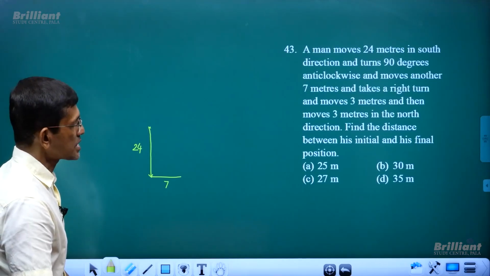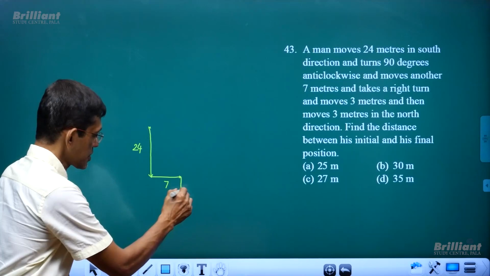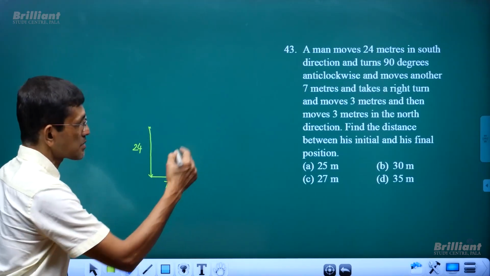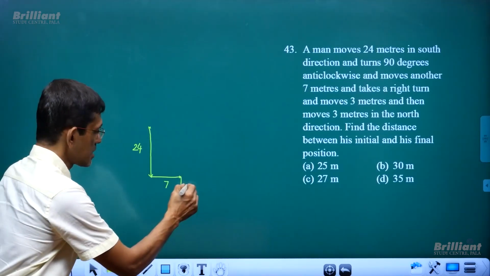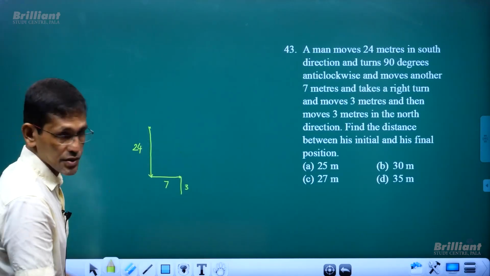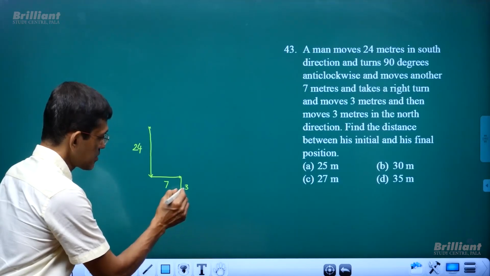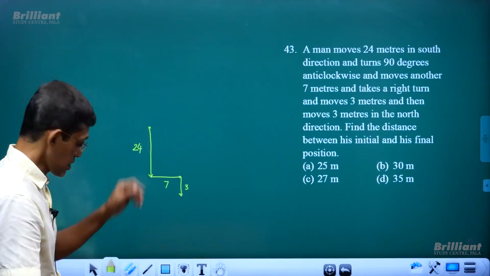And takes a right turn. So from here, he makes a right turn. So he moves this way. What is that? 3 meters. And then he moves 3 meters in the north. So he reached this point now, and from there, he moved what? 3 meters north. That means